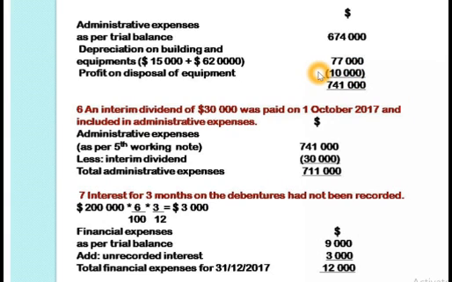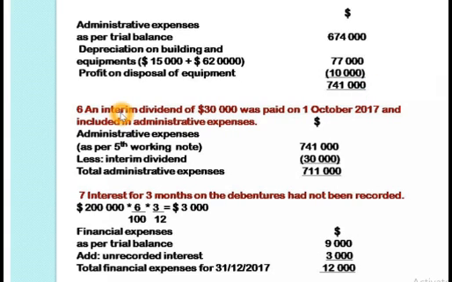There is another way of dealing with the profit on the disposal, that is we add this to the revenue. But as all the adjustments related to depreciation are to be added up and subtracted from administrative expense, in this particular question we are going to subtract it here and we are not going to add it back to the revenue. So we get the total value of administrative expense after this as